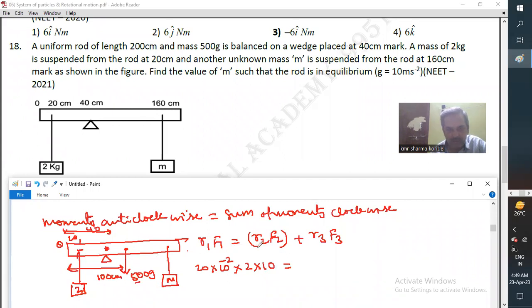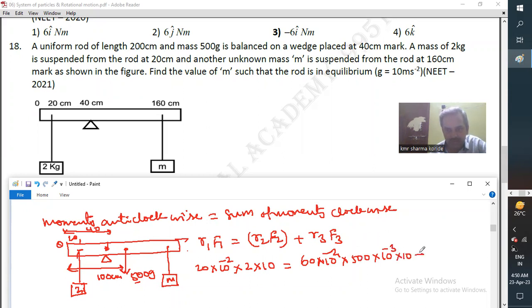Then R2. You treat it as the clockwise sense of rotation. Now the rod is involved. R2 is 100 minus 40, because the center of gravity of the rod is at 100 centimeters, but the fulcrum is at 40. So the gap between the center of the rod and the fulcrum is 60. So this is 60 into 10 to the power of minus 2. The distance part is over. The weight is 500 into 10 to the power of minus 2, because it is in grams, and g,